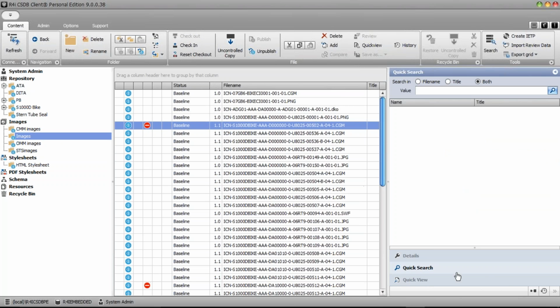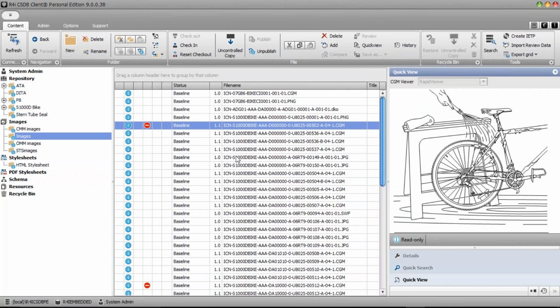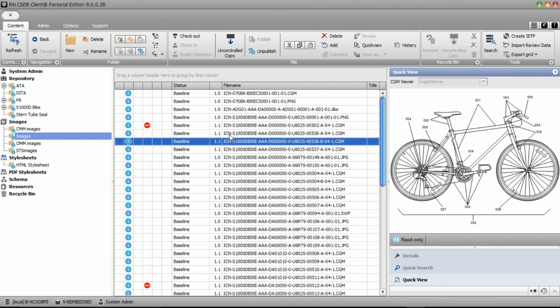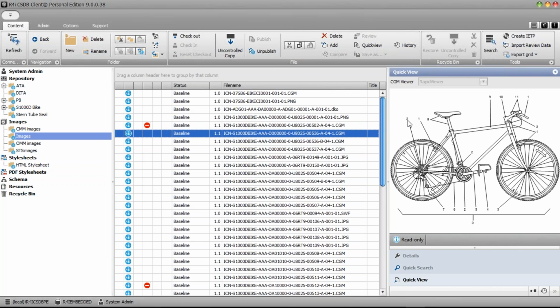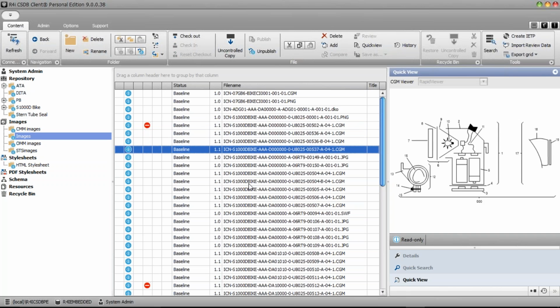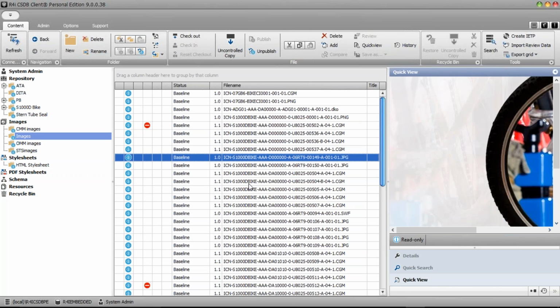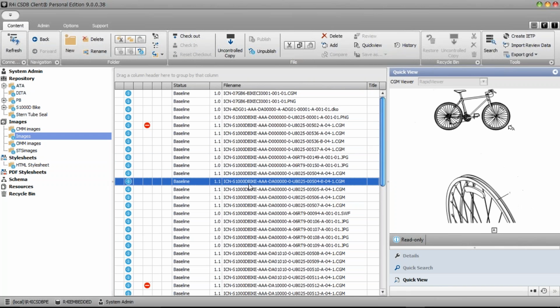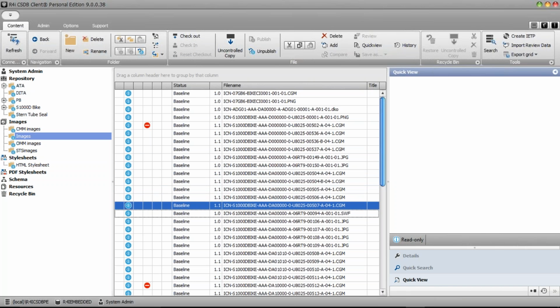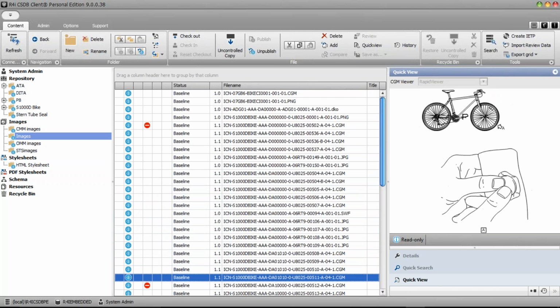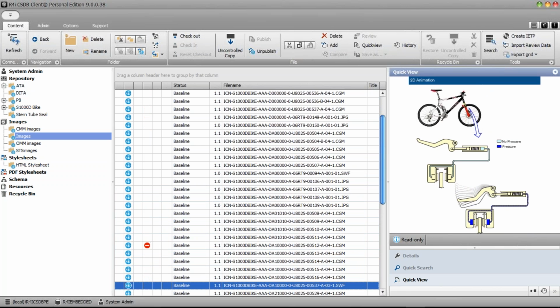The other nice thing here is that I can actually view the graphic before I insert it into my data. So I've got a visual representation that I can look at. It even shows me the hotspots. There are hotspots on this particular graphic. So I think it shows that the illustration lives in the project. It could be a photograph. It could be a CGM file. Let's go down a bit further. It could even be a flash file. So the ICN relates to illustrations, but also to other data types as well.